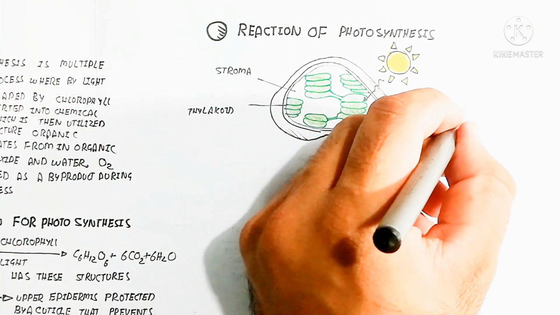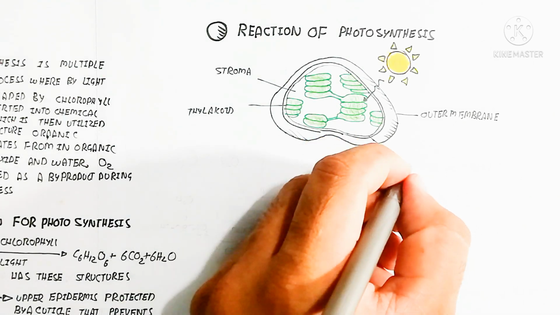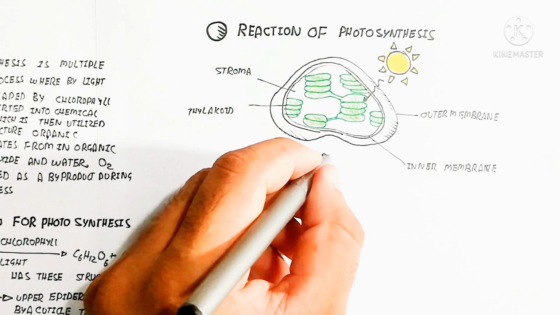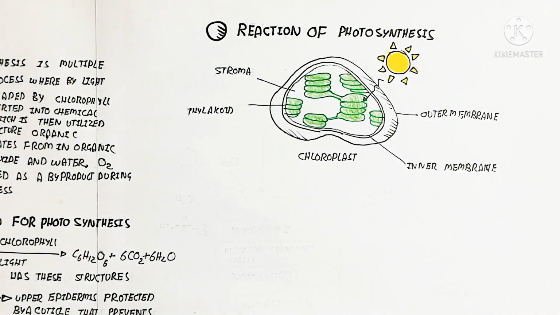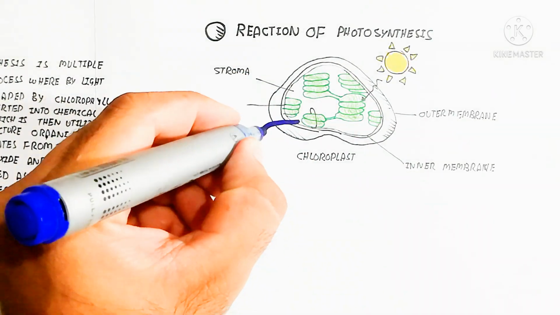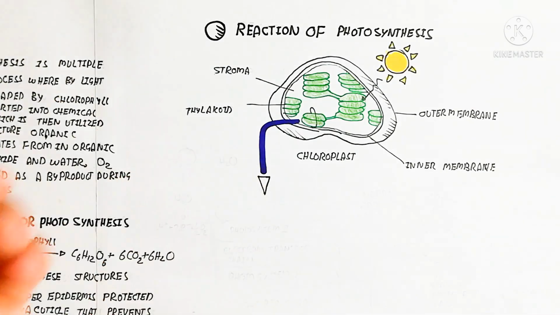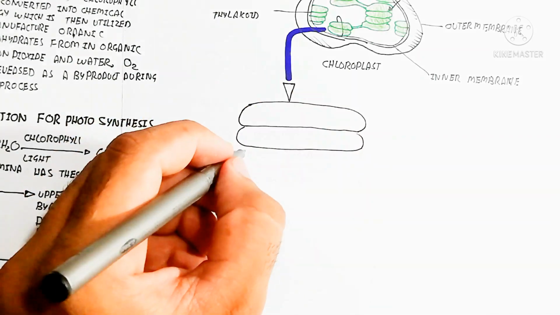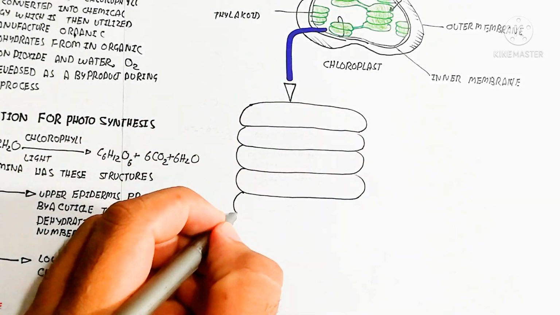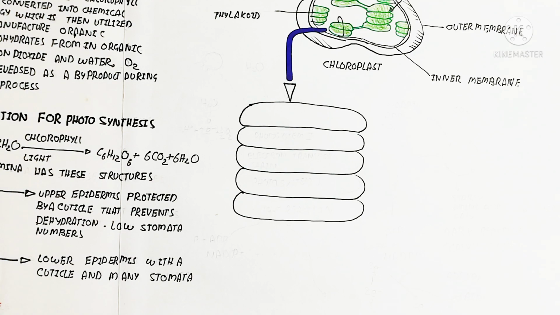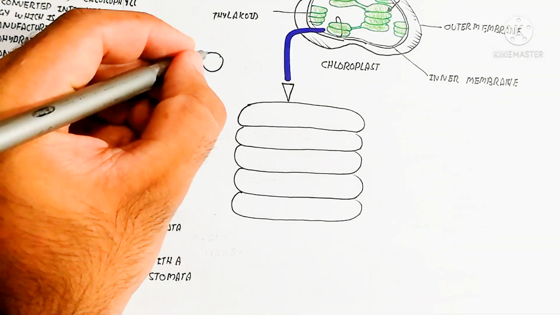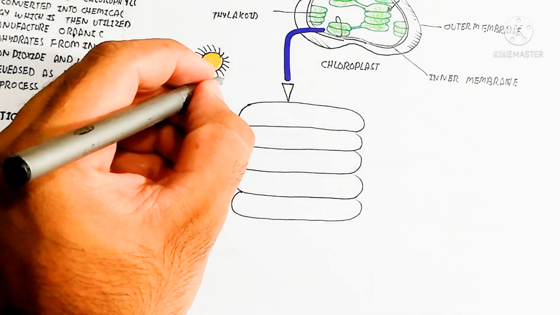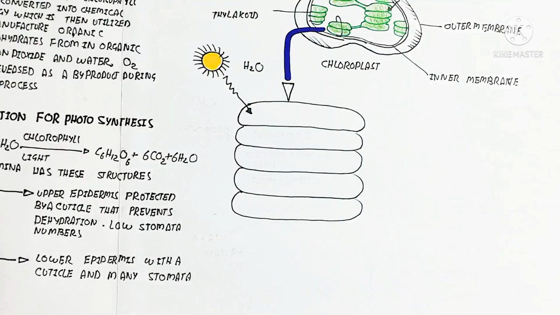So here is the chloroplast. When light falls on the chloroplast, which contains the thylakoid membrane, the thylakoid is the suborganelle floating around in the stroma. So inside is the stroma. The stroma is used for the dark reaction, while the thylakoid is used for the light reaction. So here we will discuss the outer membrane, inner membrane, thylakoid and stroma. Next we will discuss the thylakoid membranes, which are used for the chemical reactions using light.